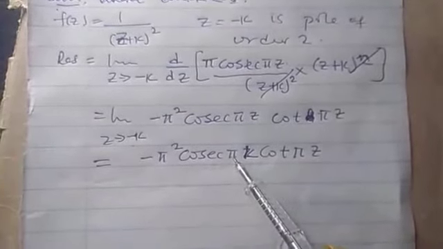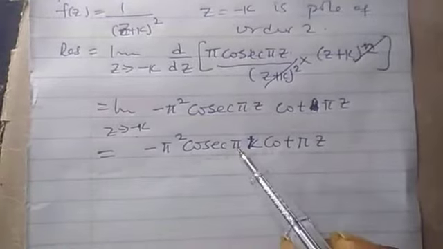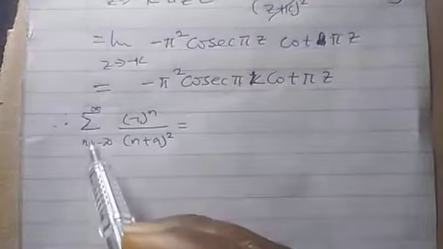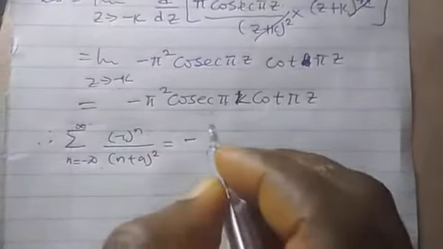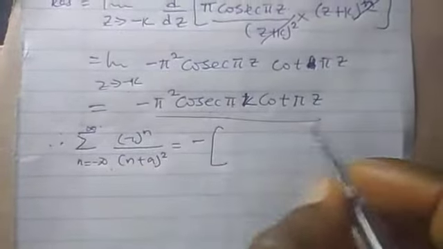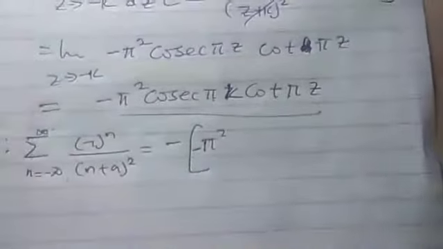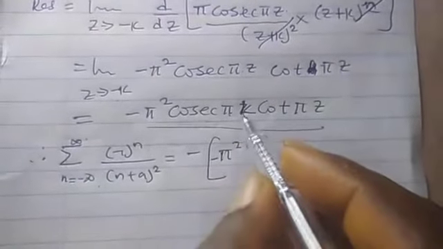The residues are at the poles of f of z. So we can now make use of the formula. Therefore, the summation n runs from minus infinity to infinity, this is equal to minus sum of the residue. This is the residue. That is, there is minus there, minus pi squared cosec